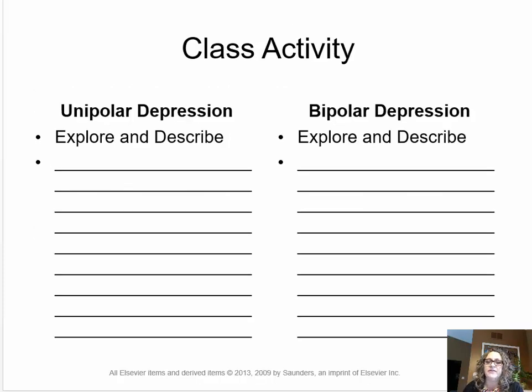Okay, so this was an activity that we were going to do in class, differentiating between unipolar depression and bipolar depression. You should explore those topics on your own. They are listed on page 281. The unipolar depression includes sleep disturbances such as general insomnia, difficulty falling asleep or waking repeatedly, loss of appetite, diminished interest in eating. The patient may be agitated, and episodes often last longer, whereas bipolar depression